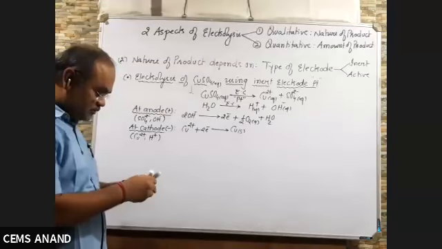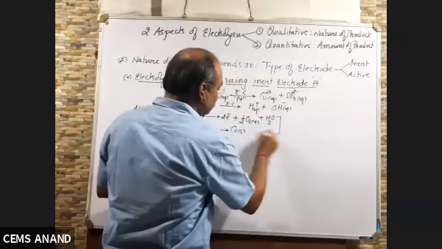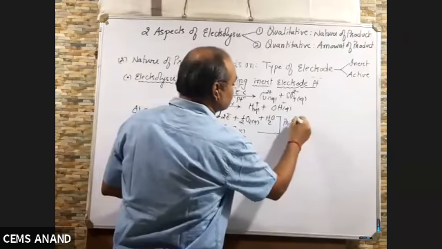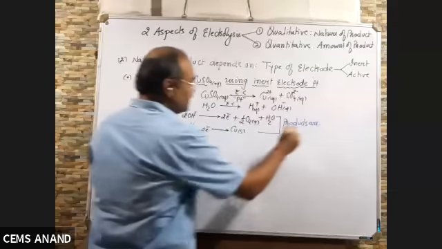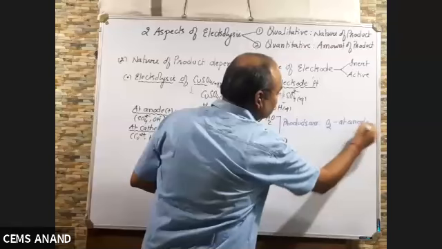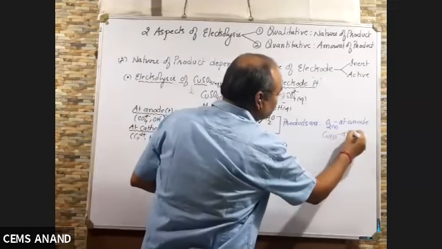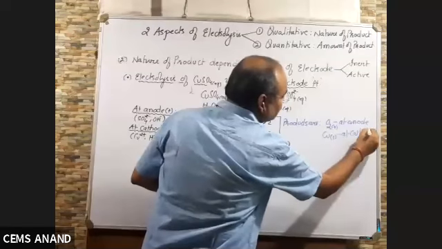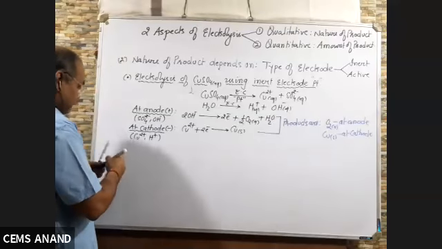So what is the nature of the product? Here the products obtained are O2 gas at the anode and copper solid at the cathode. So this is the first aspect. Now second,